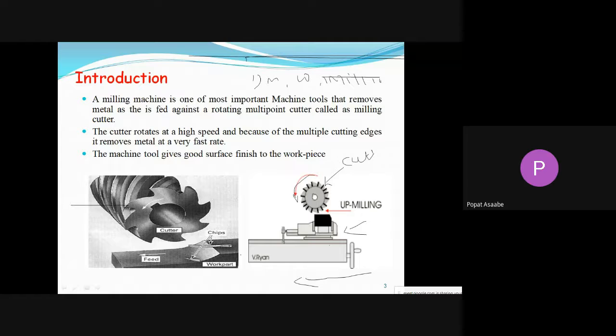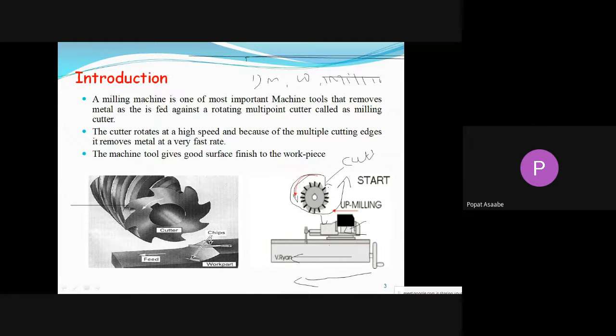See, this is the feeding process. This cutter is going to rotate in this direction, and in this direction we feed the workpiece. With the help of the rotary motion of the cutter and the feeding action of the workpiece, the cutter will remove the material from the workpiece, and this process is called the milling process.